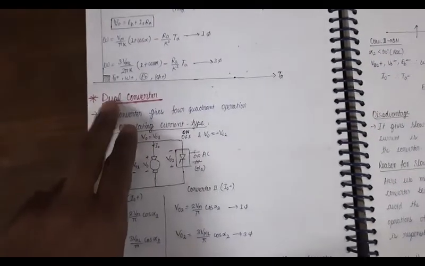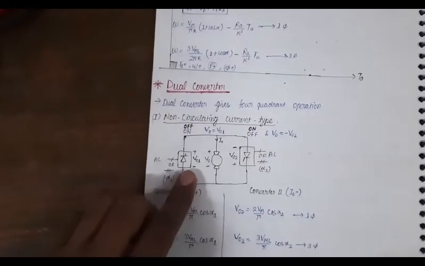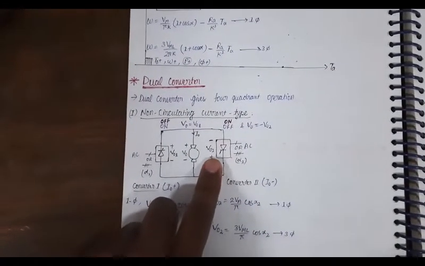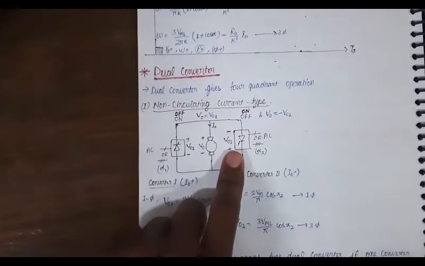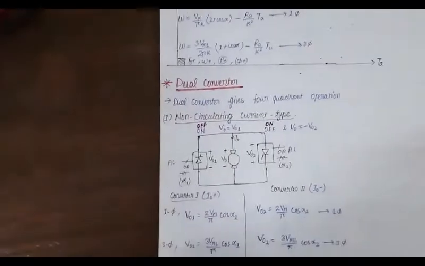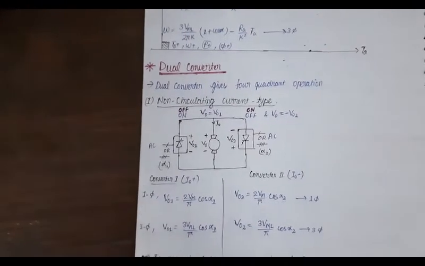It is actually a 4-quadrant operation converter which performs in all the 4 quadrants. It consists of two thyristor sets. One thyristor is just anti-parallel of the first one, and vice versa. Suppose this voltage is taken as V01, then this one is V02, and these two voltages are opposite to each other. See here, the voltage V01 is positive and V02 is negative, and the load here is a motor load, an RLE load. As we will see in the experiment also, it is the DC motor load. So the DC motor load is actually an RLE load.